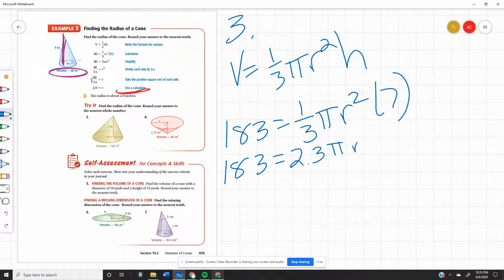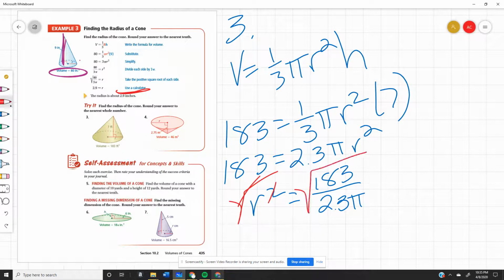2.3 pi r squared. And then I'm going to do r squared equals 183 divided by 2.3 pi. Square root both sides so that these cancel. And let's see. So second square root of 183 divided by, on the calculator, that's what's so cool about the calculator, is I can do parentheses second answer, and it's going to do the whole 2.3 repeating, and then I can do times pi and close parentheses, and it's going to give me a much more realistic